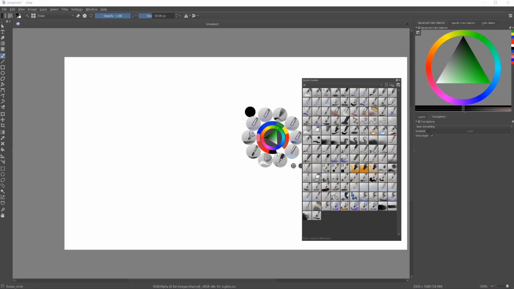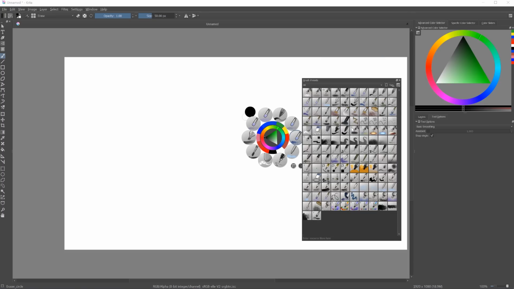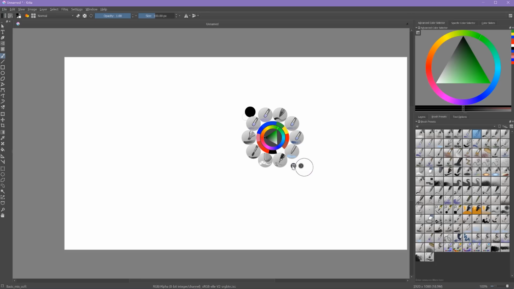If you'd like to create a new loadout for this menu, you can go under your brush preset window and click this tag drop down here and create a new tag by typing it in and pressing enter. And you'll see right now it's blank, there's nothing added to it. We can add a brush by right-clicking on a brush, assign the tag, and then selecting our newly created tag, or we can create a new tag down here. So if I right-click and add some brushes to my newly created tag, and then select that tag from this menu button, you'll see all the brushes that we added. So that's how you can customize it.